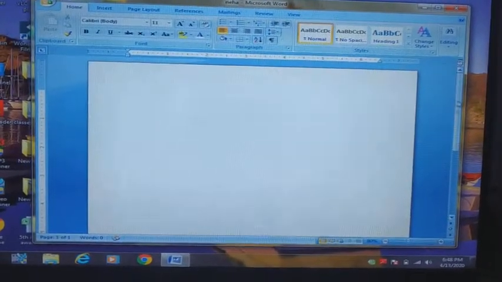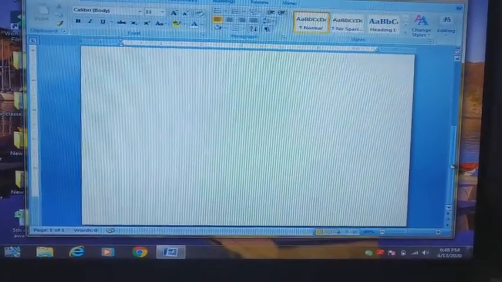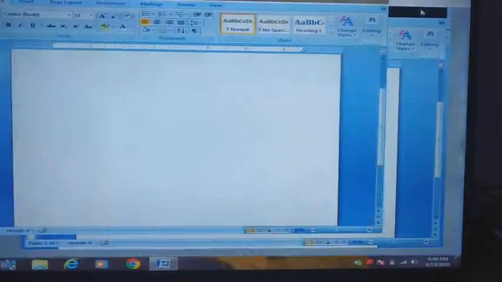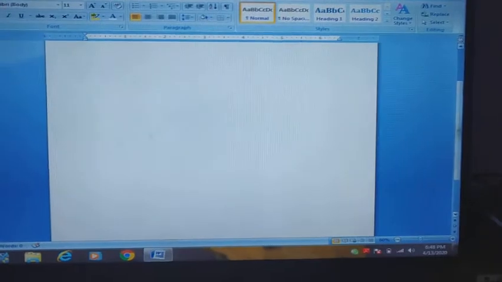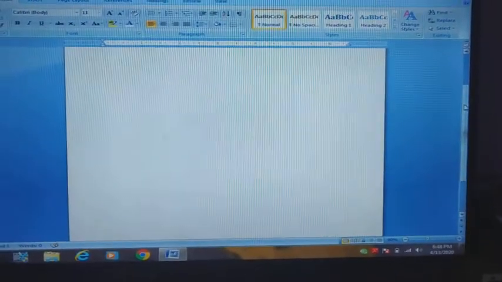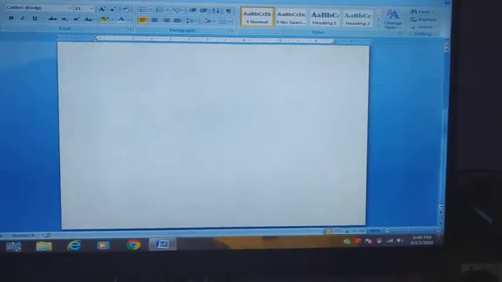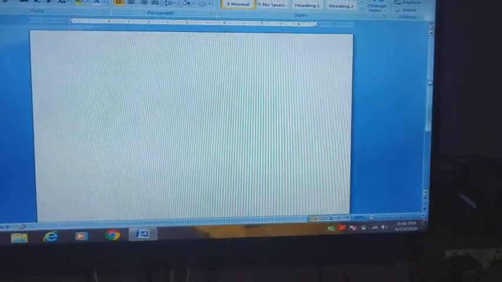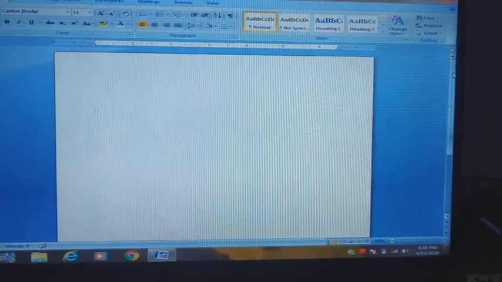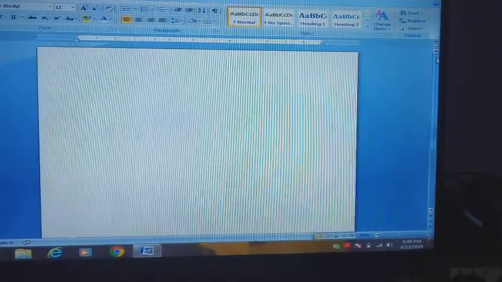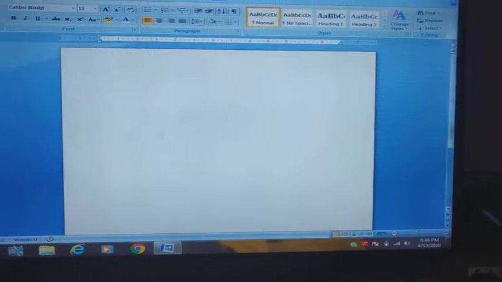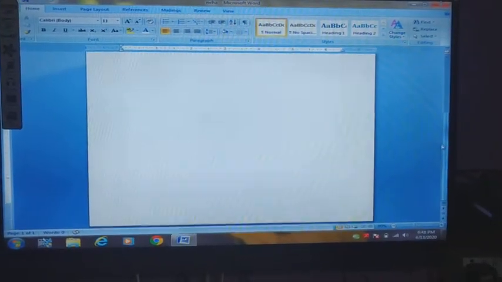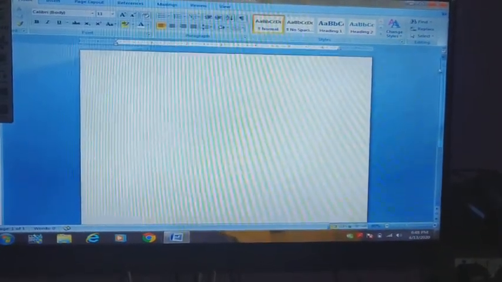Next is your scroll bar. See, this one is your scroll bar. I am maximizing my screen. This area is scroll bar. This is used to page up and down. If your document has so many pages, 4 to 5 pages, 5 to 6 and many more pages, and it is not possible to see all the pages on one screen, so if you want to see the next pages, you will scroll your screen.